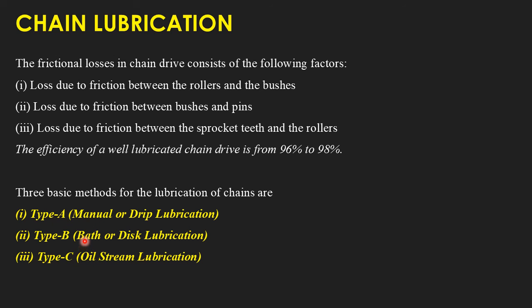Type B is a little more high end, called bath lubrication or disc lubrication. In bath lubrication, the lower side of the chain is made to pass through a tank or a sump containing the lubricating oil, so that the chain gets immersed in this oil and then goes and gets wrapped around the sprocket. If a sagging portion is present, every time the sagging portion will come and dip into the oil, or even if it is properly tensioned, it will be